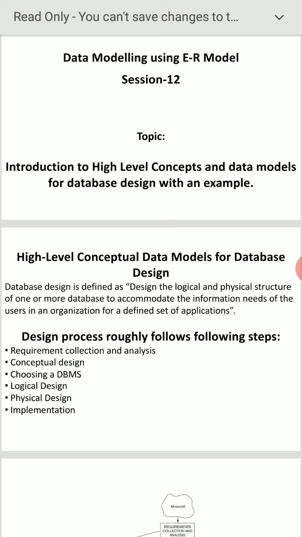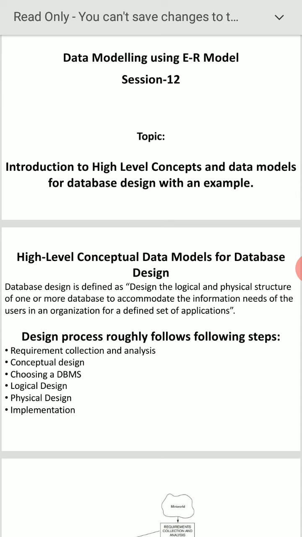The design process roughly follows the following steps. First one, requirement collection and analysis. Suppose you want to design, first you have to collect the information, then you have to analyze. Analysis is nothing but a step by step investigation.